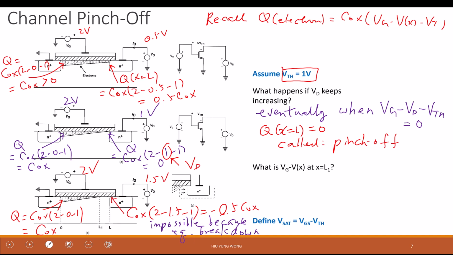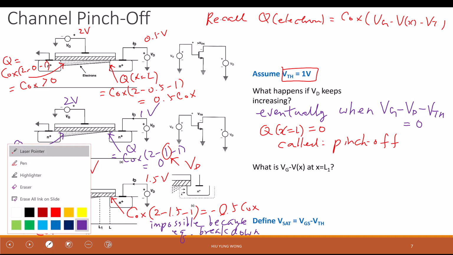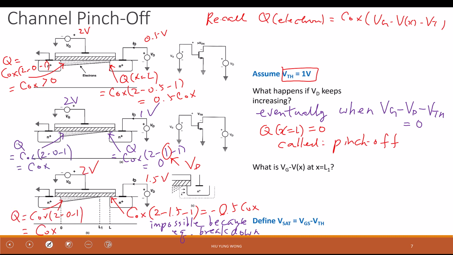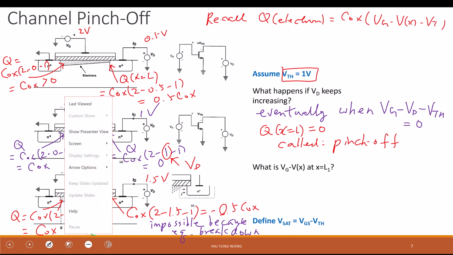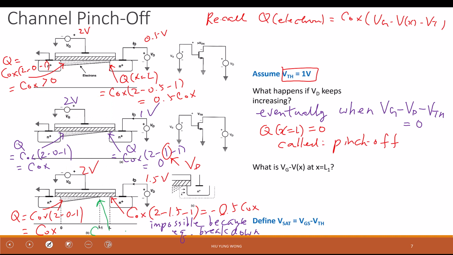However, think about that. We do have a point here at L1 that must satisfy the condition that at this point, Vx,